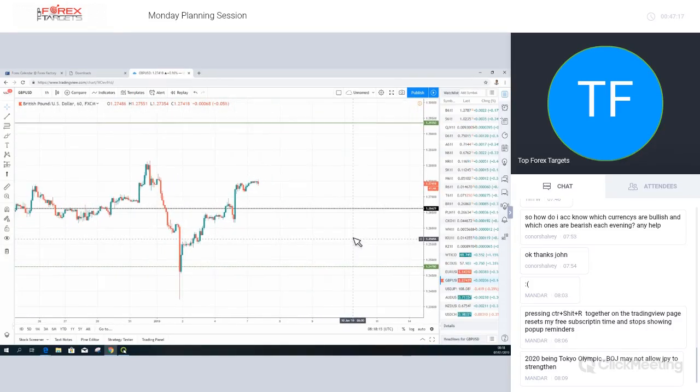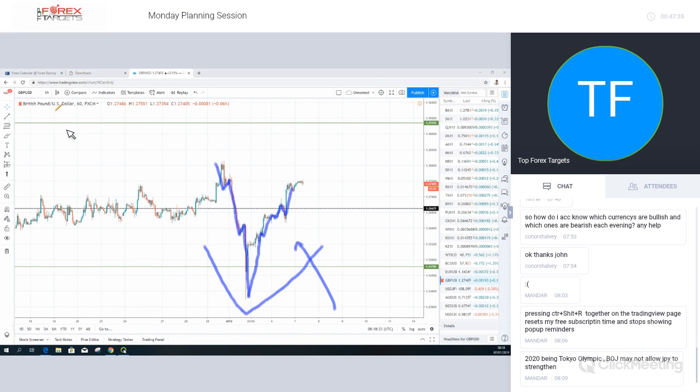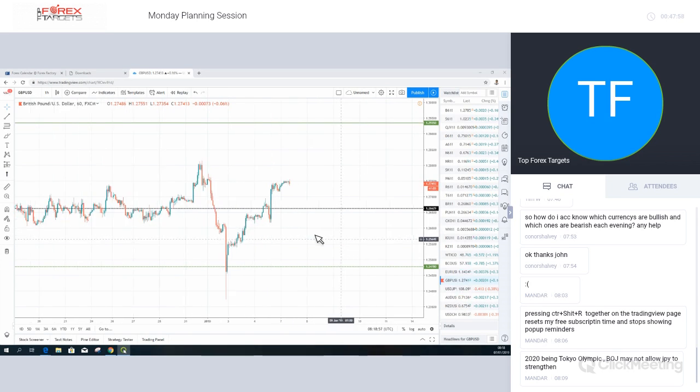outlooks for this year. You can see that it looks like we have to the downside over here 1, 2, 3, 4, 5, and then we have this sharp reversal. This does not look corrective. When you get this kind of V shape, this is usually indicative of 5 waves down and 5 waves up. Otherwise, if you have the 5 waves down and you have a corrective wave, you have something like this. Okay, and then you look for the continuation down. So the fact that we have this V pattern in the pound dollar is telling me that this is something I'd be interested in, at least looking towards the upside this week.